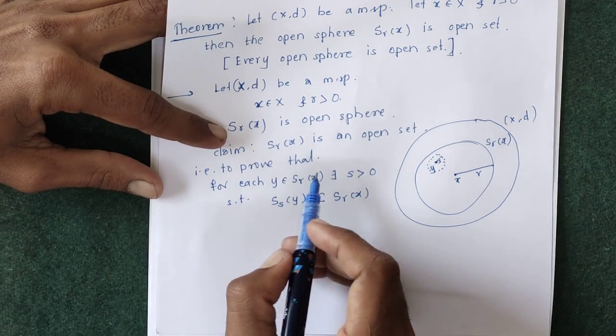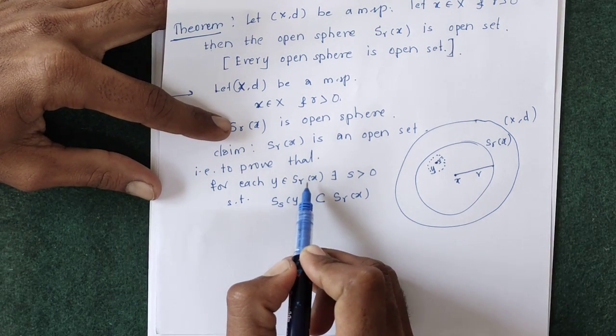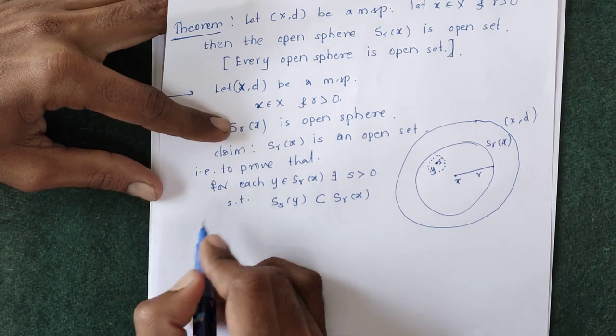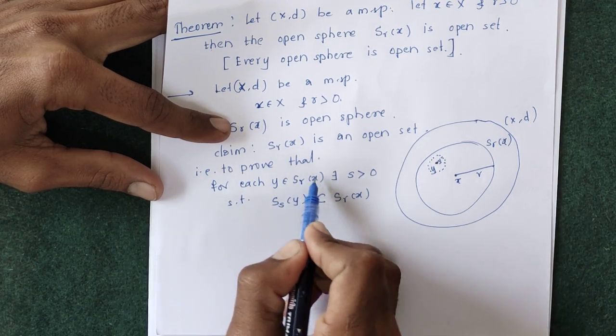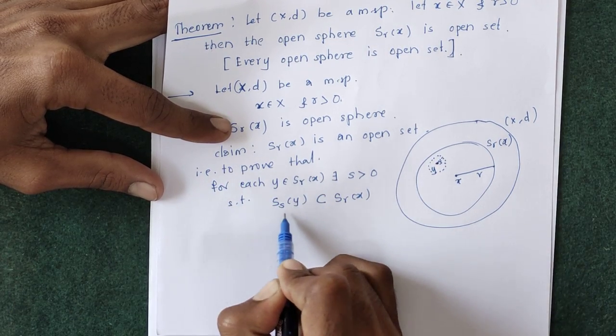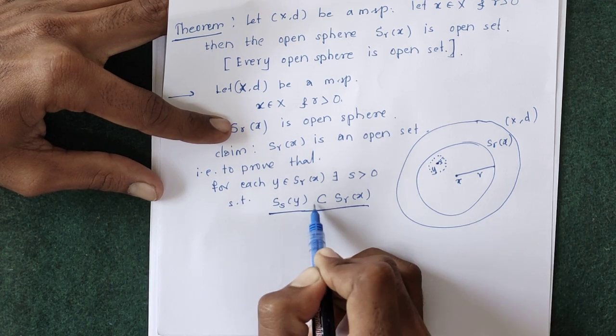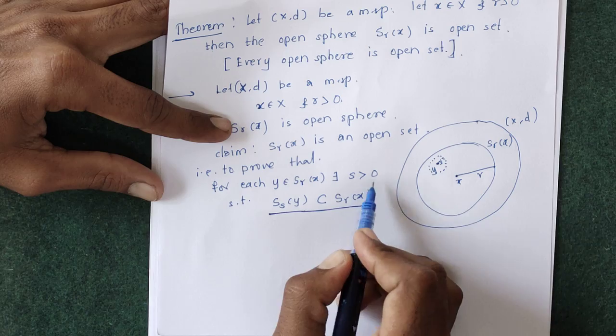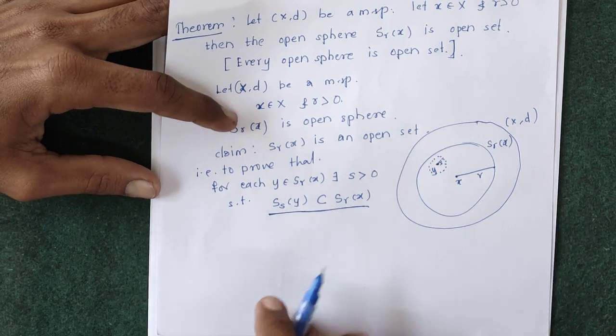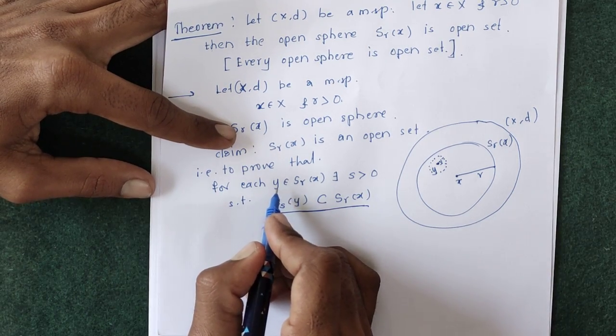Now here we have taken this Y belongs to S_R(X). For each Y belonging to S_R(X), we have to prove this. So now this is our main claim. We have to prove this. After that we will say that S_R(X) is an open set. To prove this, we have this. Since this Y belongs to S_R(X),